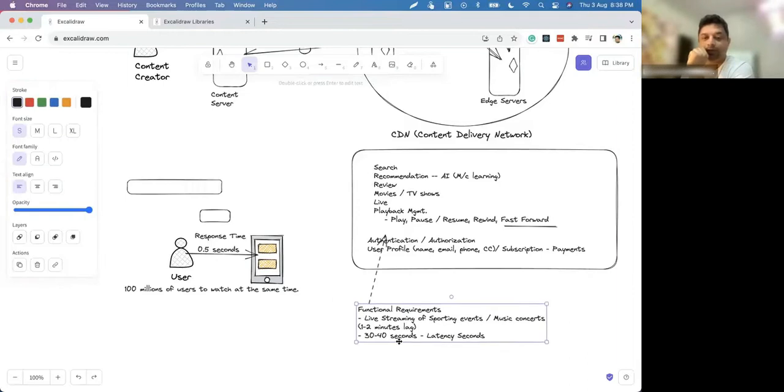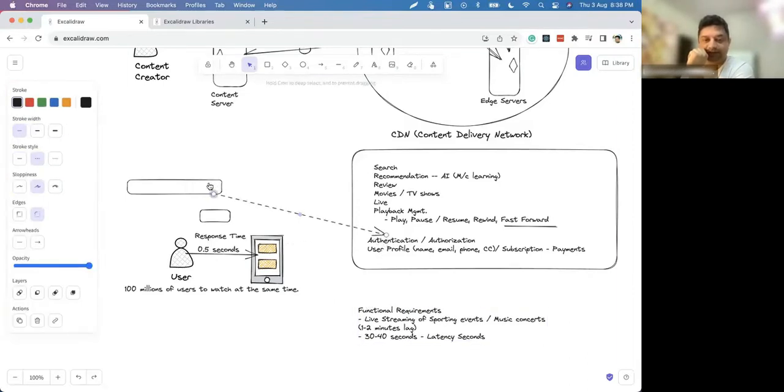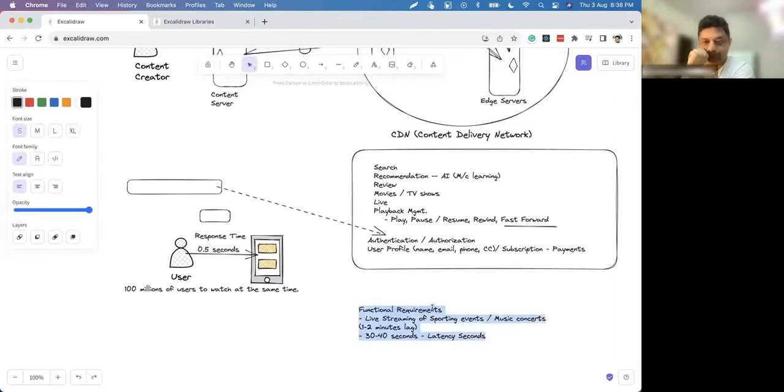When I spoke about non-functional requirements, we said about latency, response time, scalability, right? So yeah, let me move this here.